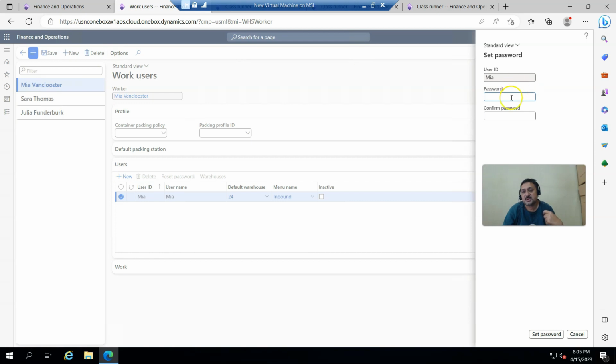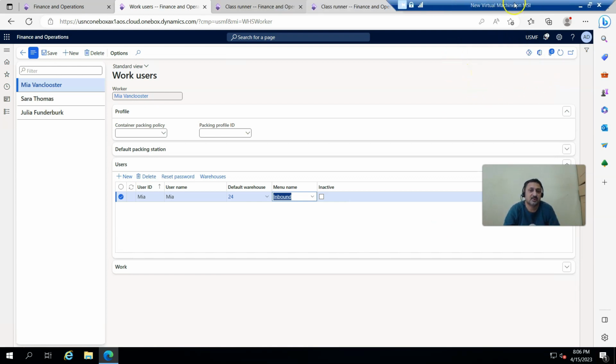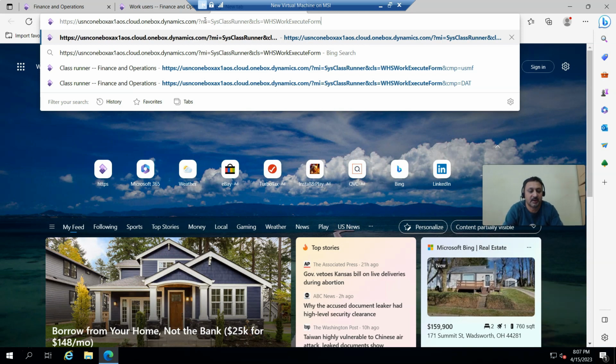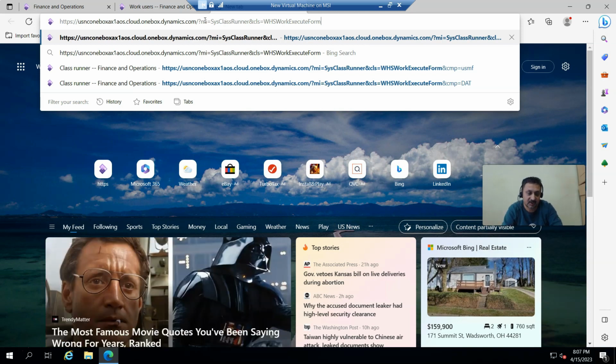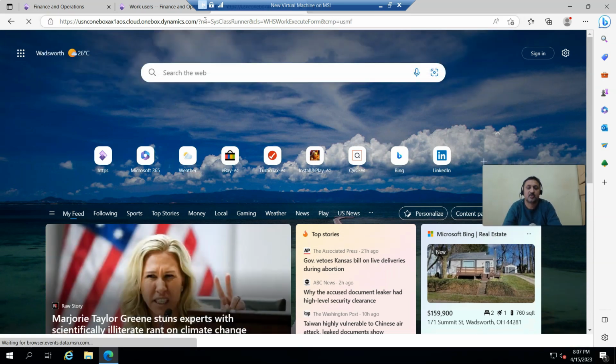Now it asks me to put a password, so I'm entering the same password and clicking on set password. This message shows we successfully saved the password for this user. Now I'm going to open the URL again, and I add the default legal entity for this, CMP equal to USMF. I'm pressing enter,